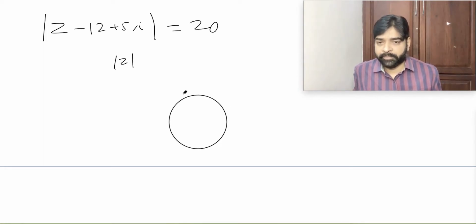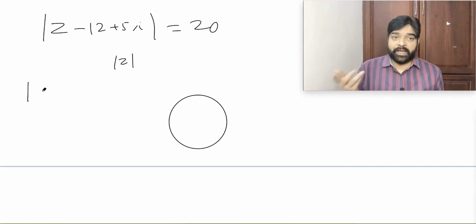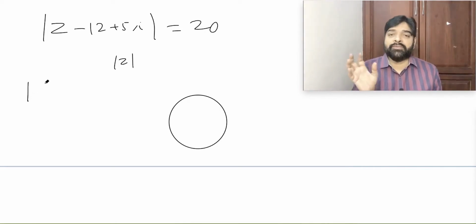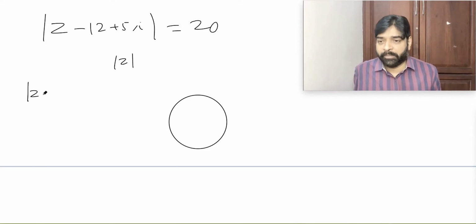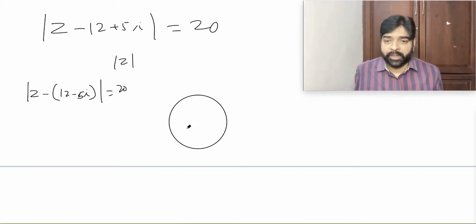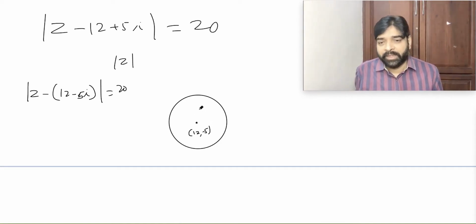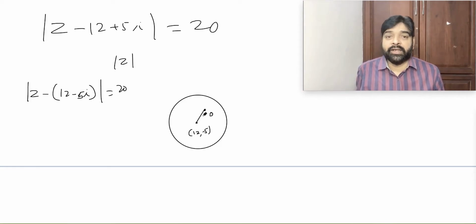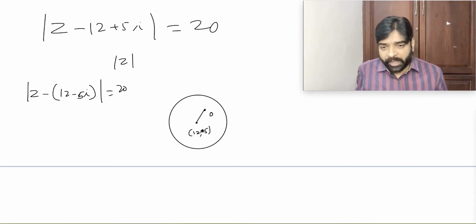Very, very simple. First thing, arrange this properly so that we can tell the locus easily. For telling the locus, the mod of z minus z0 equal to r format should be there. So z minus 12 minus 5i is equal to 20. So here is the center whose coordinate is 12 comma minus 5. Where is the origin? I don't care. No need of checking and drawing the origin. It will take time. Just put the origin somewhere. This is the origin, suppose. Do you know this length? Yes. This length is 13. Right? 0 comma 0, 12 comma minus 5. Use coordinate geometry. After that, join it and extend it.